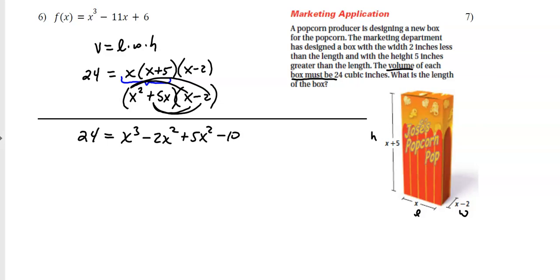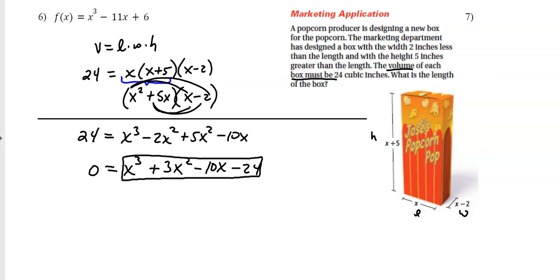which is, and I want to set this equal to 0 also. So I have x to the third plus 3x squared. And then, oh, this was a minus 10x. The minus 10x. And then I got the negative 24, because I got to move that 24 over. So this is where we were on our last few problems. This is kind of my starting point. And, oh, this kind of sucks, because when you do your P over Q,